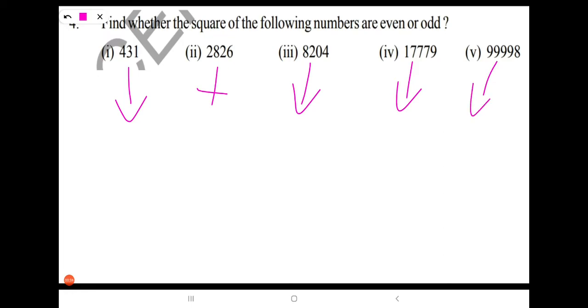To find even or odd, we have to find the units place digit first. How shall we say whether it is an even or odd number? By looking at the units place digit, isn't it? Suppose 12 is there. Is it an even number or an odd number? Obviously it is an even number. How did you say that? By seeing the units place digit. So we have to find the units place digit first, right?